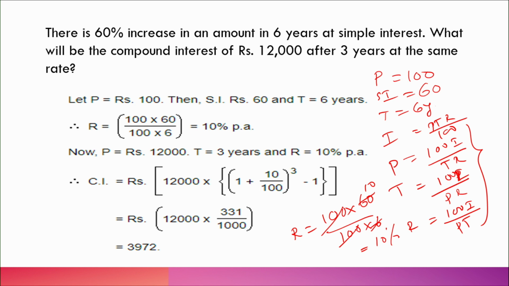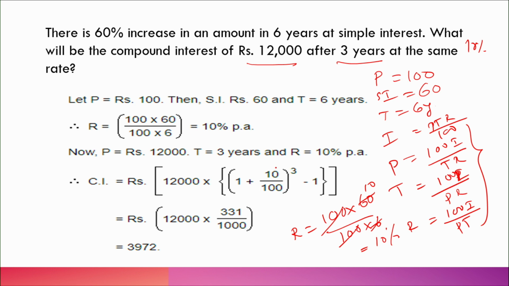Okay. So when it is a fixed 10% rate of interest, we are going to calculate for the 12,000 rupees principal amount, with n equal to 3 years and the rate of interest as 10%. A simple calculation. What is the formula? P into (1 plus R by 100) whole power n, minus P. When you take P common, that means 12,000 is taken common, 1 plus 10 by 100 whole cube, because n is 3.